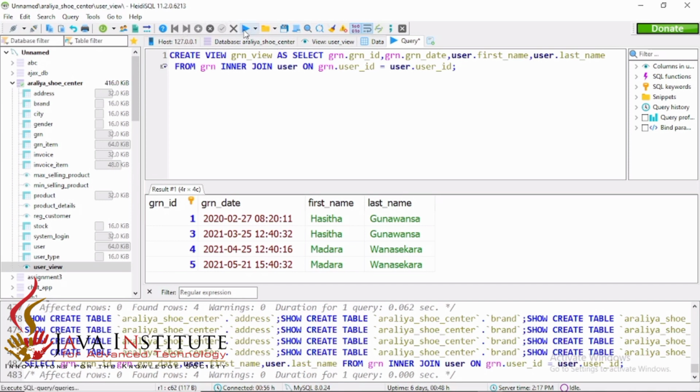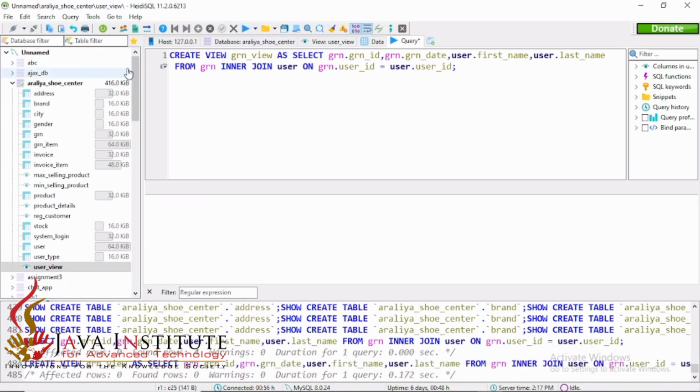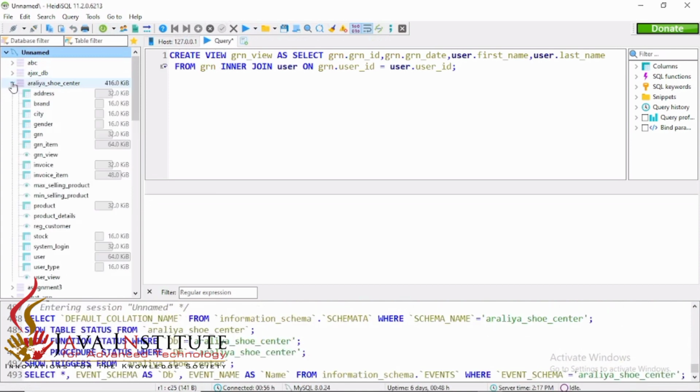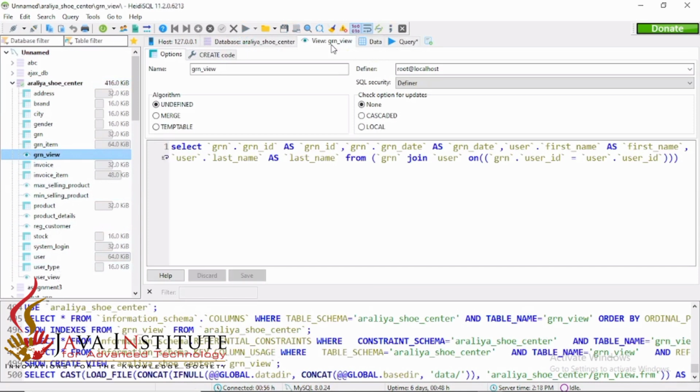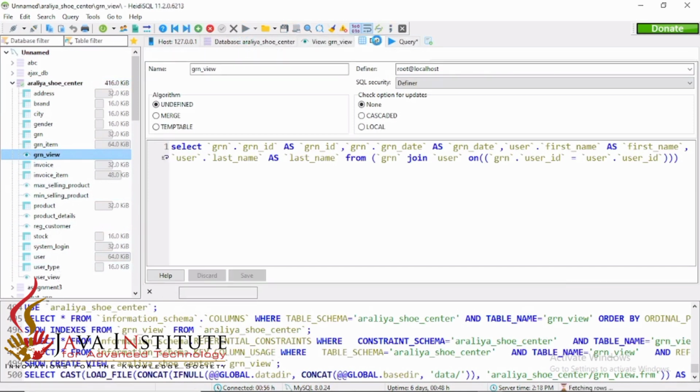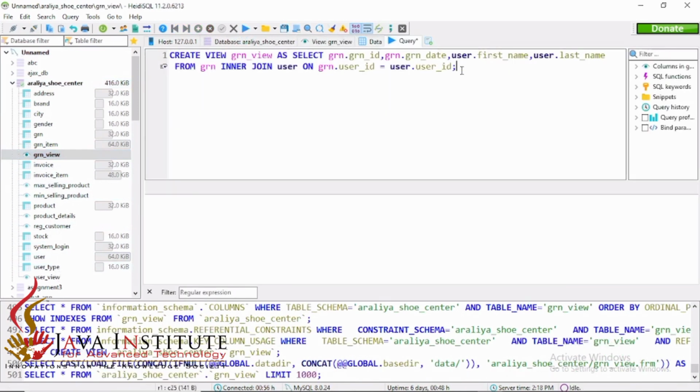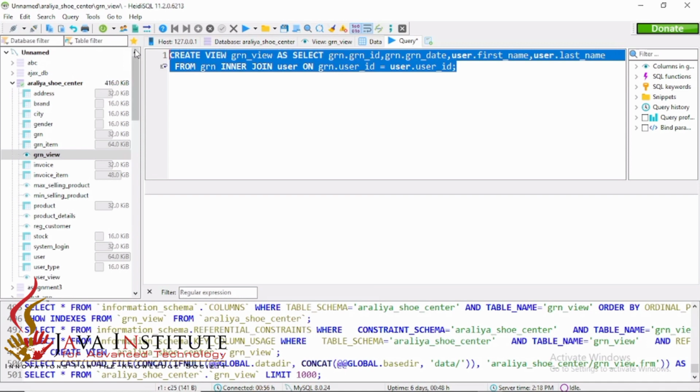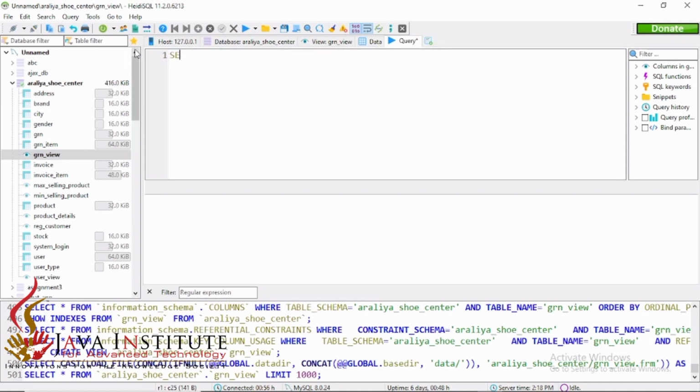So then after executing this I'm going to refresh this again and let's check whether it's created or not. Okay, it has been created and this is the GRN view, and I'm going to find out whether it's created in a proper manner or not. So select all from GRN view.